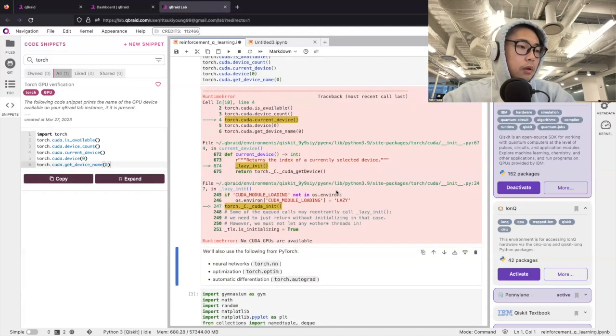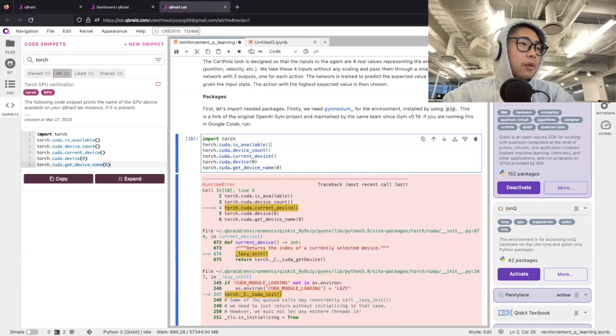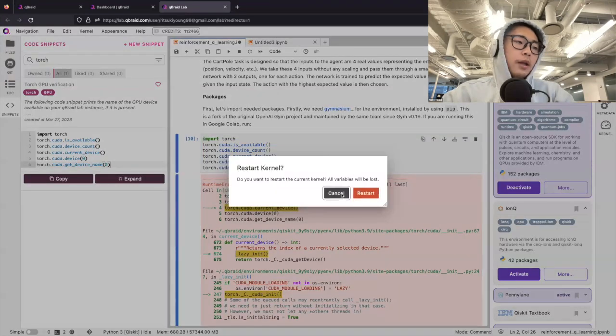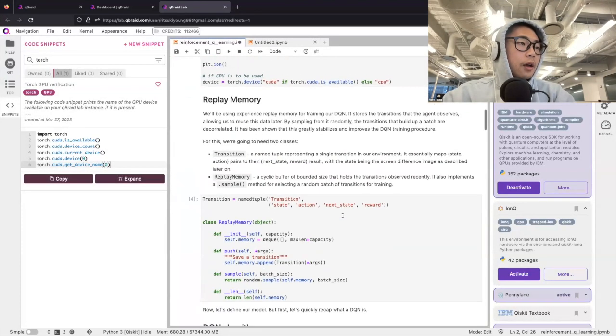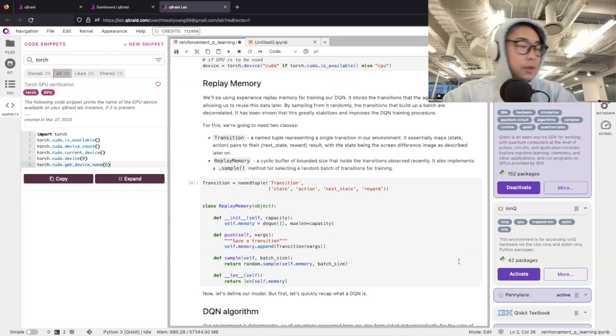I guess it's not available on this image, but it technically is available, and you'll be able to run on a GPU. So with that said,